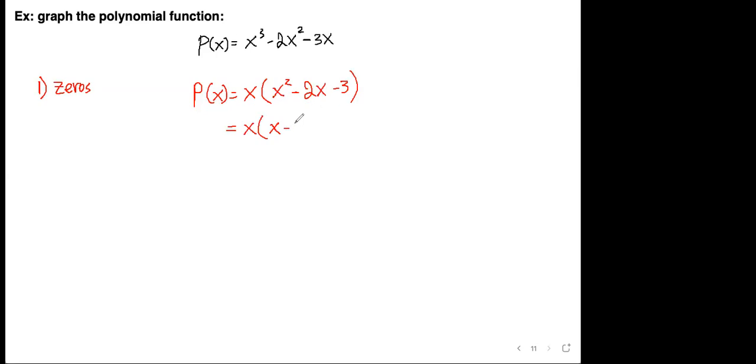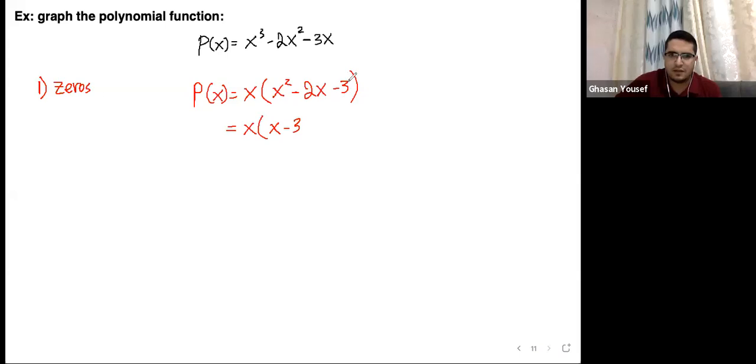So is it 2 and 1? I think... no, it's 3 and 1. Negative 3 and 1, yes. The multiplication is minus 3 and the summation between these two numbers is minus 2. So minus 3 and positive 1. Minus 3 times positive 1 is minus 3. And the sum between minus 3 and 1 is minus 2. So the zeros are